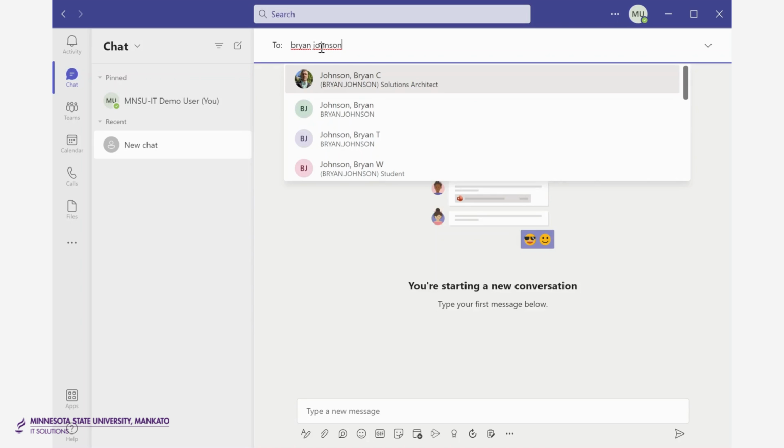what I am entering. Within MinState, we have many people that have the same name, so if you want to be certain that you are messaging the correct person, you can also search by using their email address or star ID. And before sending anything with private information to somebody via chat, you may first want to send a greeting message to make sure you are chatting with the person that you think you are.